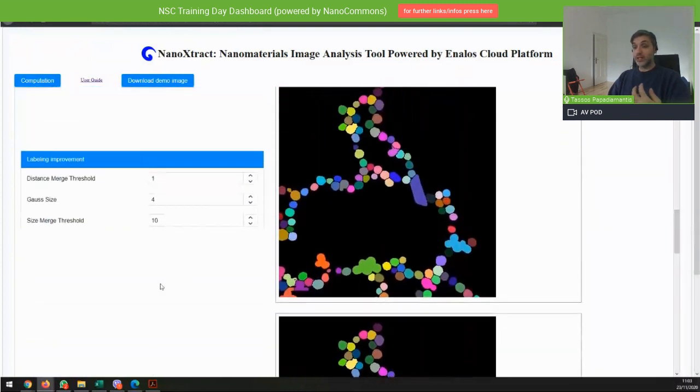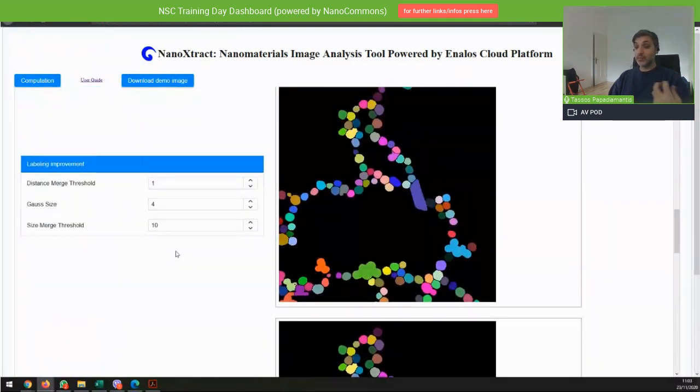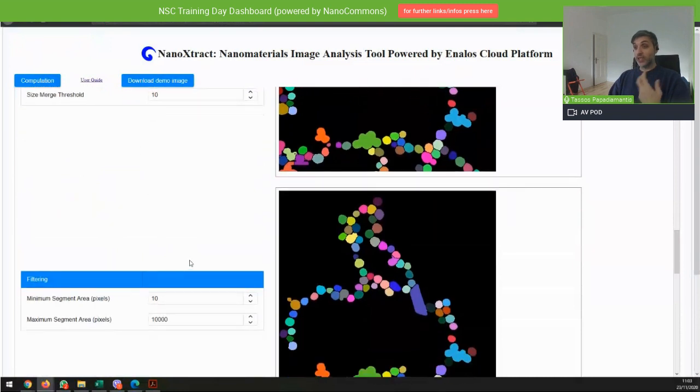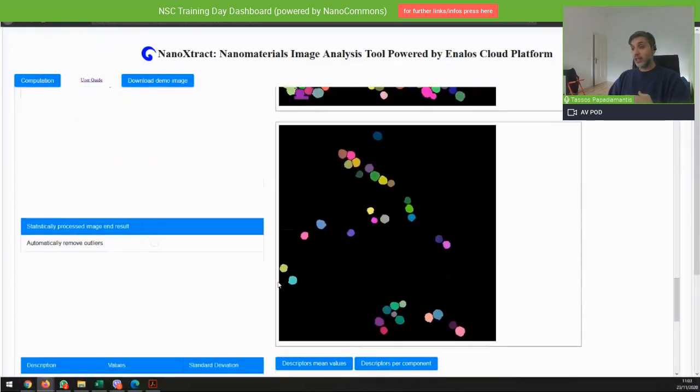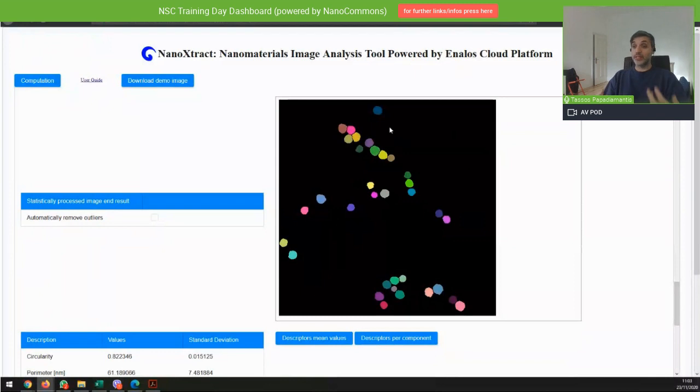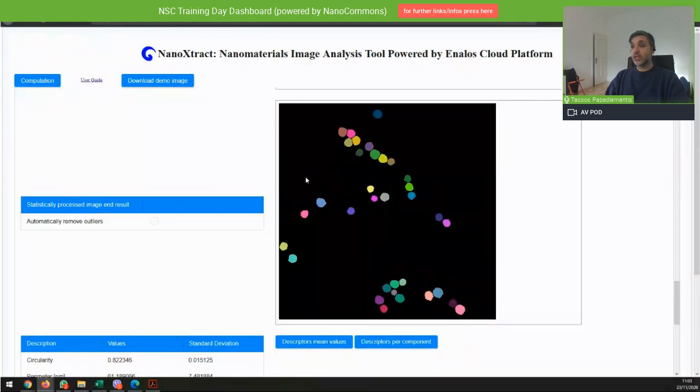So by playing with these values, the splitting and the thresholding and so on, you can get a very good splitting. You can get a lot of results out. And then you can get the maximum number of nanomaterials identified, and get a very good standard deviation when it comes to reporting how many nanomaterial replicates you use to produce your results.